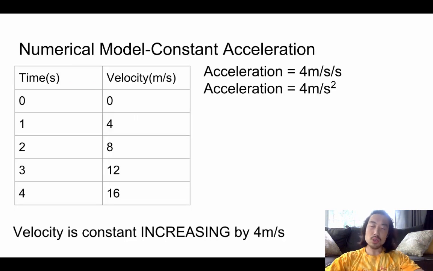Okay, now I'm going to show you the different models that we will use for acceleration. This is the numerical model for constant acceleration. On the left-hand side of the column, you can see that I have time, and on the right-hand side, I have the velocity. In this case, this object is accelerating at 4 meters per second per second. And some of you might be more used to calling acceleration 4 meters per second squared, and that's where the